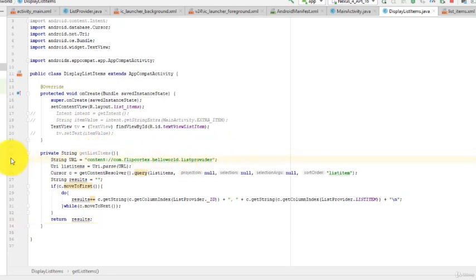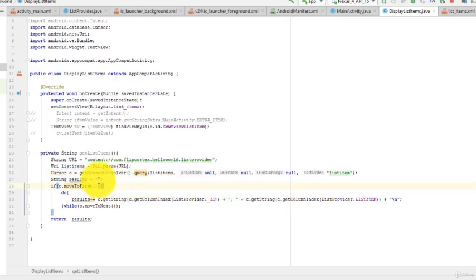Then Uri listItems equals Uri.parse(URL). Now to parse each item, we use a cursor. Cursor c equals getContentResolver().query and pass listItems, null, null, null, and order by list item.